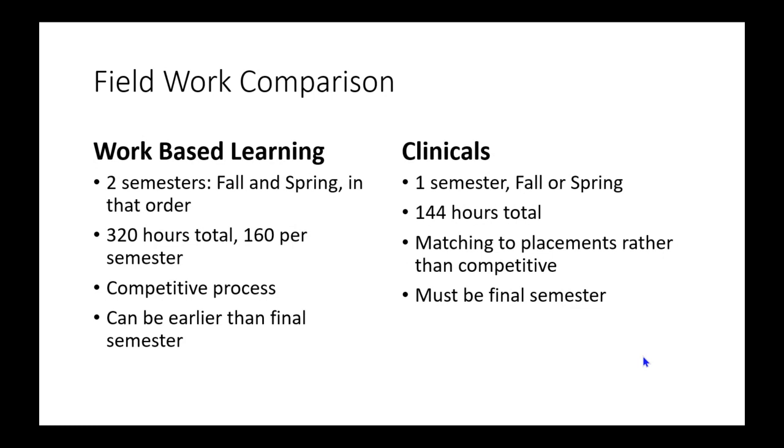In any case, work-based learning is 320 hours total. That's where that 300 hours would come in for the substance abuse certification. Each semester you would do 160 hours. It can be competitive. Your resume does get sent out in the same way as though you were applying for a job. The placement site has the option to turn you down for that placement,